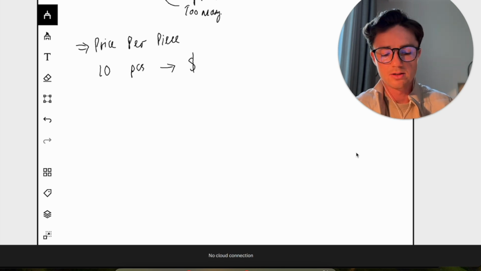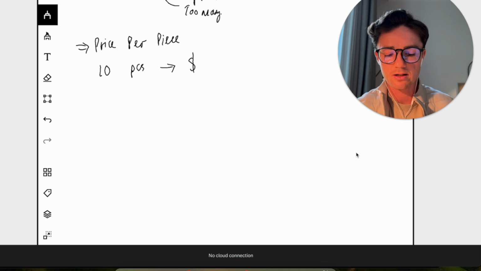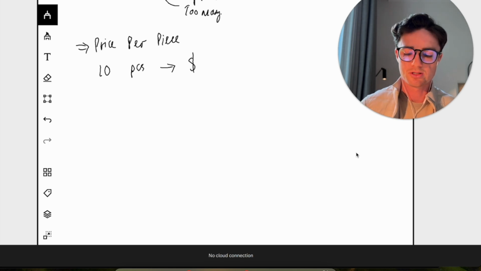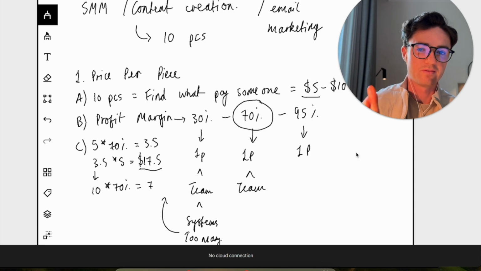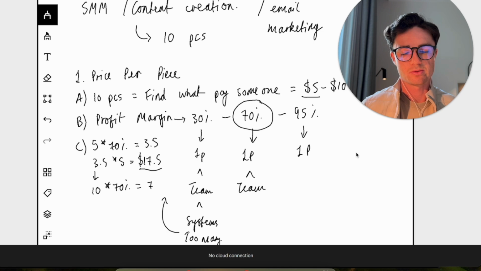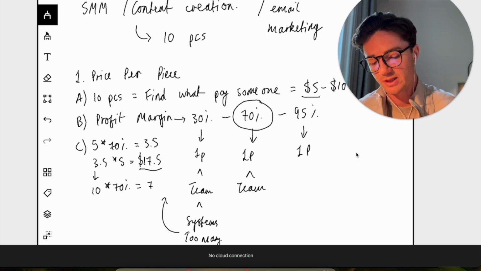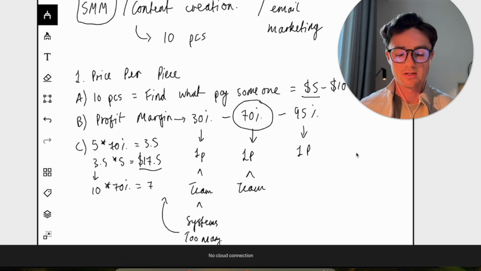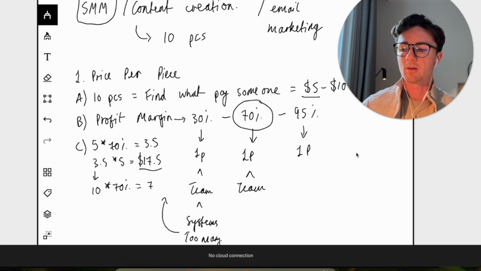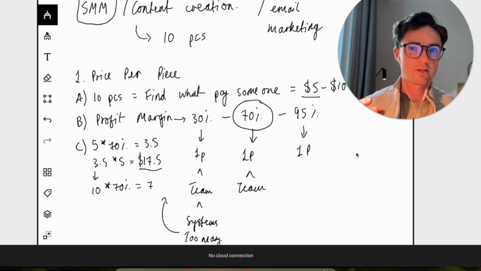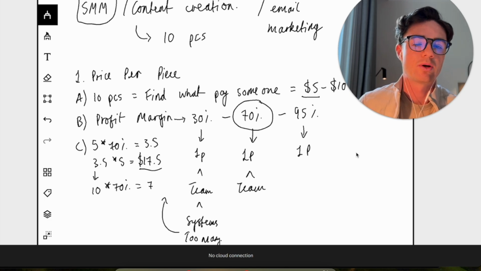client. Now, this only really works, as we looked at the very beginning here, if you are offering content creation, so a certain number of pieces per week or per month, or a certain fee at the end of the month. And the same goes for email marketing or any other service where you can break it down by piece. If you're doing something like social media management, I want to pull your attention to this. You're probably including content creation, right? You might be getting paid to do 10 pieces of content for an Instagram page, but that's not the only thing you're getting paid for.